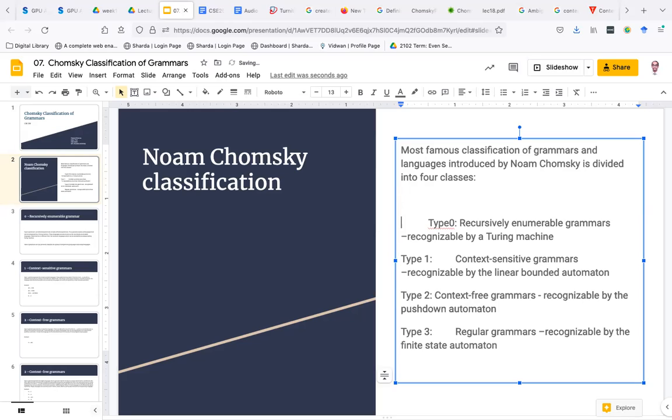So ये हमने कर लिया. Recursively enumerable language, context sensitive, context free, regular. तो नीचे से चलते हैं. Type 3 is the one currently जो हमारे finite state automata से recognize होती है, which means all the languages